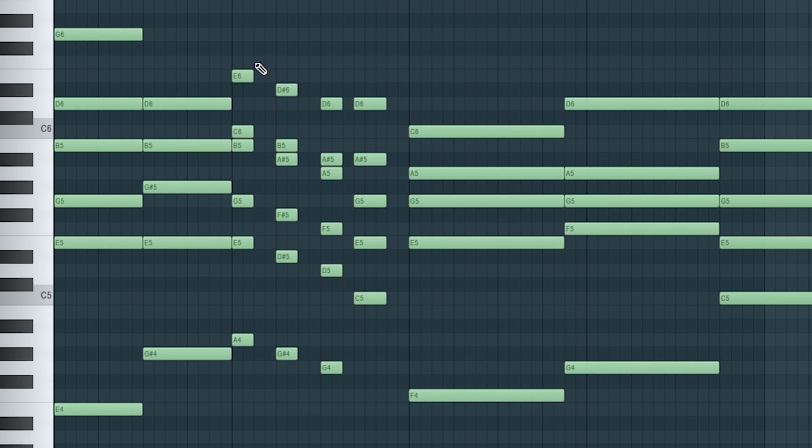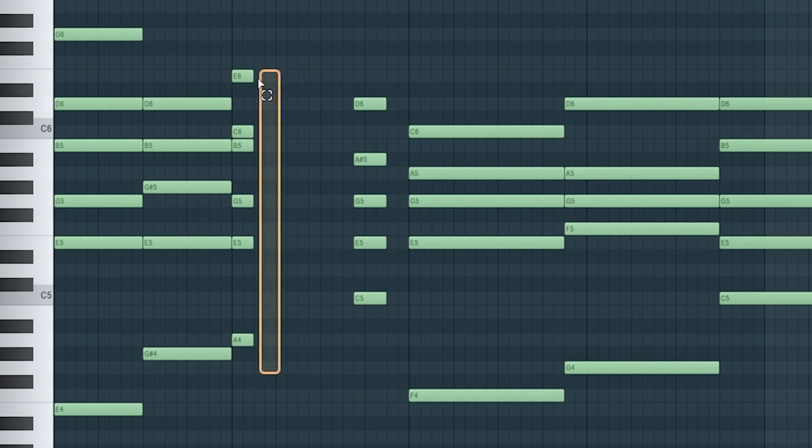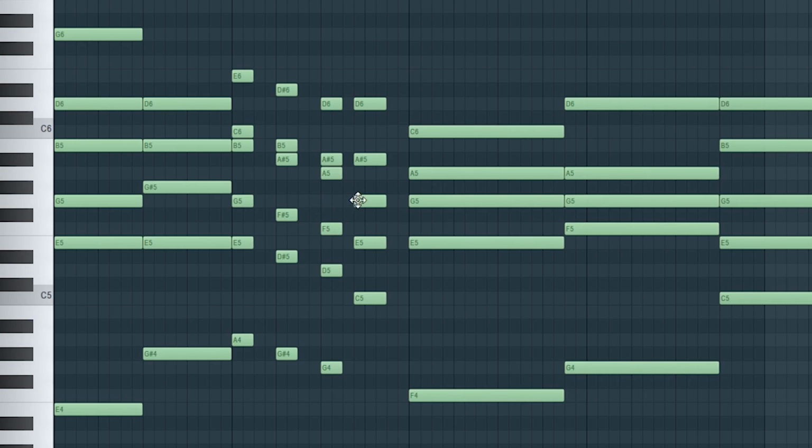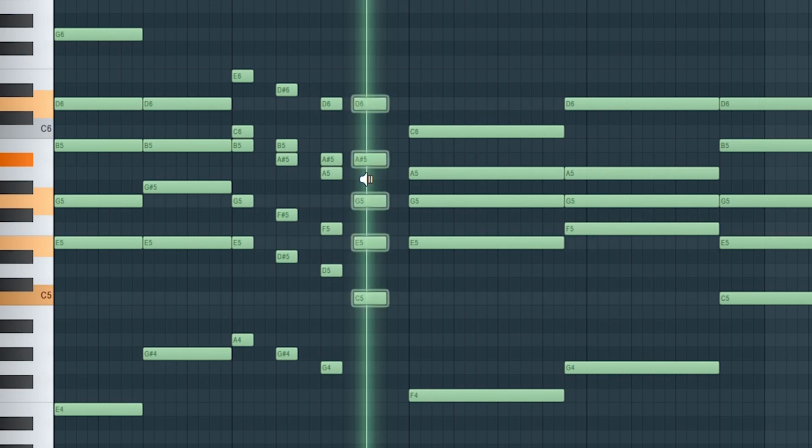Then comes the chromatic passing chords here. What we did here was just to take those notes and chromatically add notes here, which leads to our secondary dominant to F chord. So it goes like